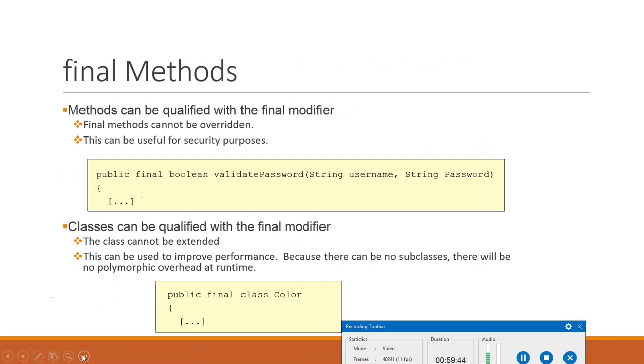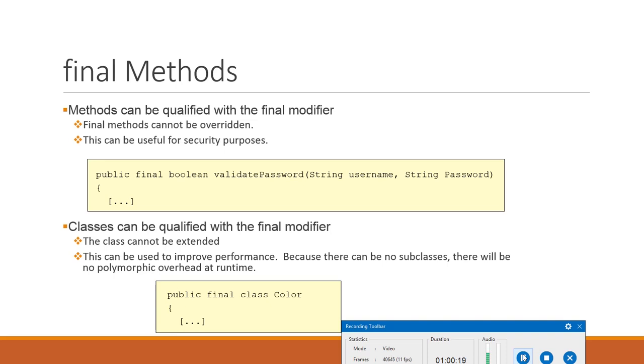Okay, final method. Now the use of the final keyword. What is the use of the final keyword? First of all, where can we use it? The final keyword can be used with variables, with methods, and with classes.